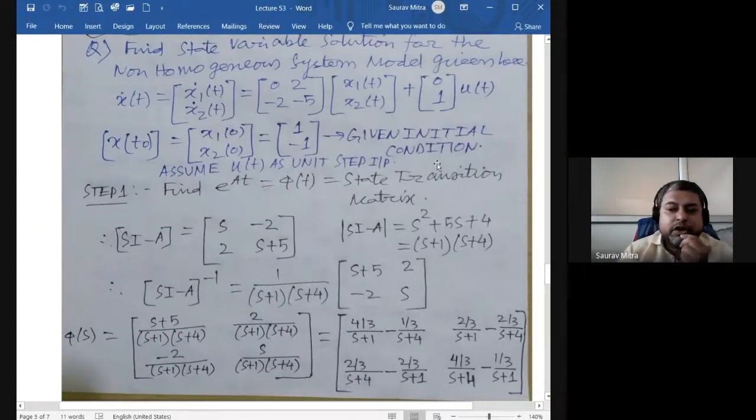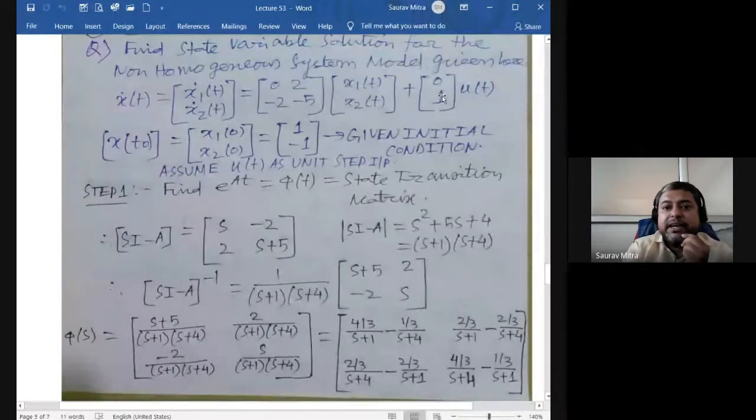Previously, because I forgot to mention U(t) in some of the exams while setting the question, in that case you have to assume. We forgot to mention x(t0). You can assume, okay, but don't assume x(t0) as 0 0. In that case, सब 0 हो जाएगा. Don't assume B matrix as 0 0. In that case, सब 0 हो जाएगा. So assume 0 1 or 1 0. एक 0 रखो उसमें, so your work will become easier. दोनों 1 ले लिए, in that case work will become a little difficult.